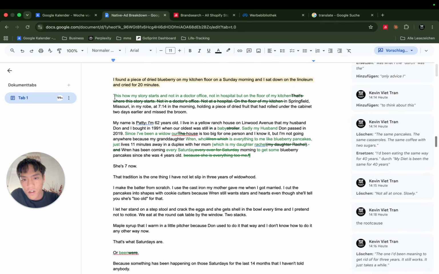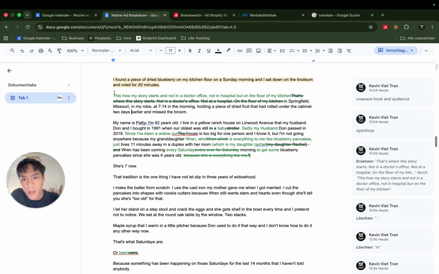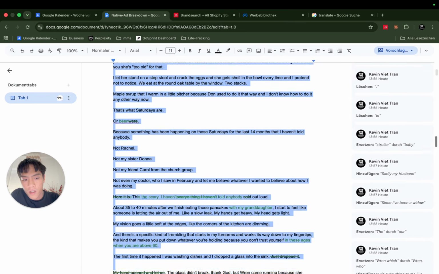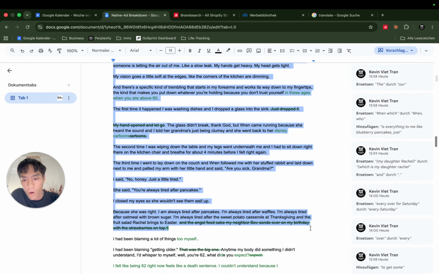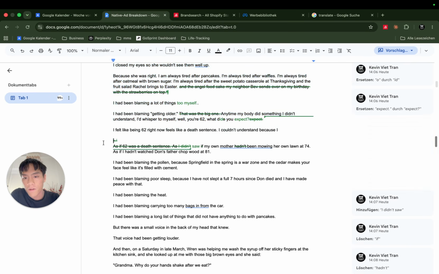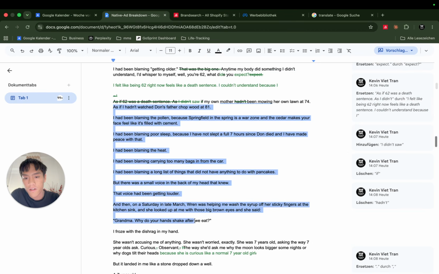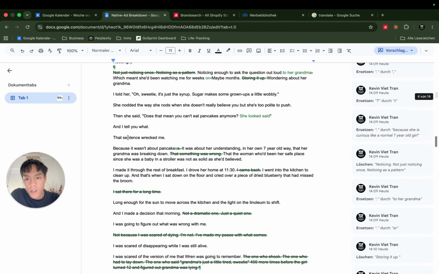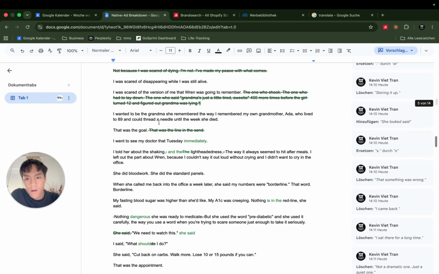So this starts with something that happens, and she tells her story, how it happened to her, where her granddaughter came over for 11 years, and then she got broken, or she got the symptoms of high blood sugar. So here you can see the pain points and this and that, and she blames herself basically. So when we go back, then here she goes